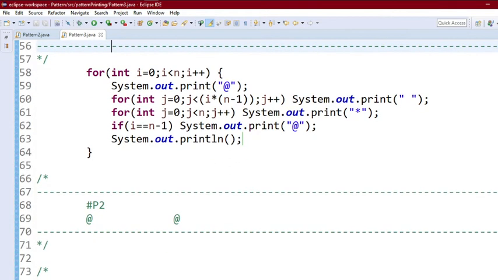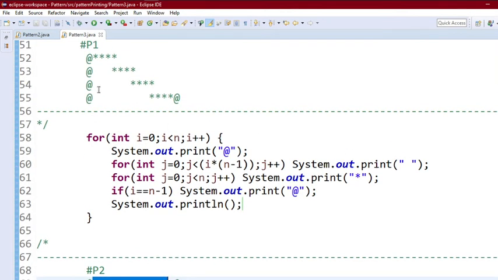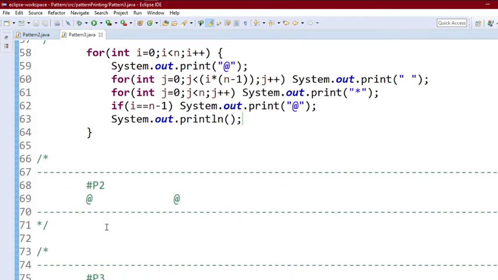Okay, in the middle part we have to print one star, @ sign, and some white spaces, which will be equal to these white spaces plus n number of white spaces. Okay, so how are we going to solve this? Let's see.